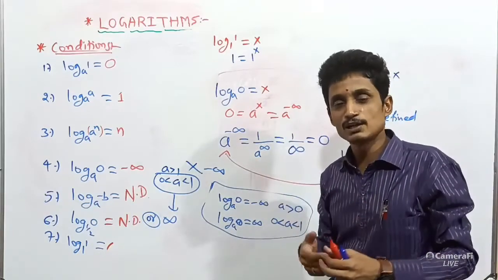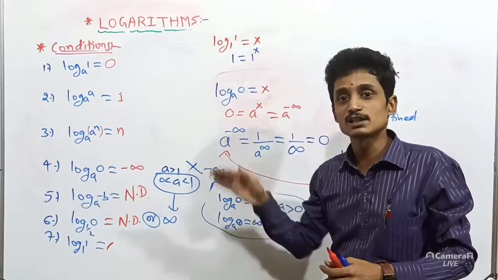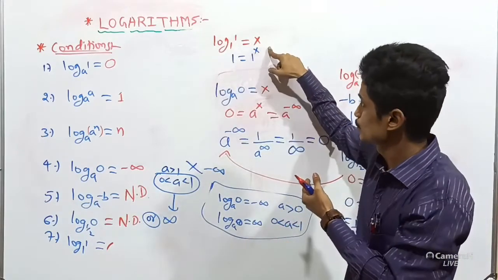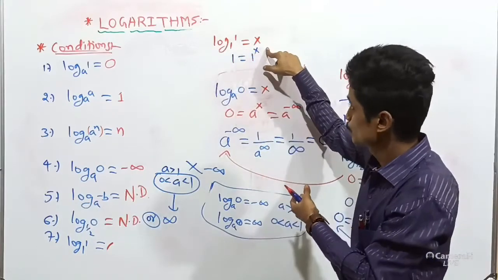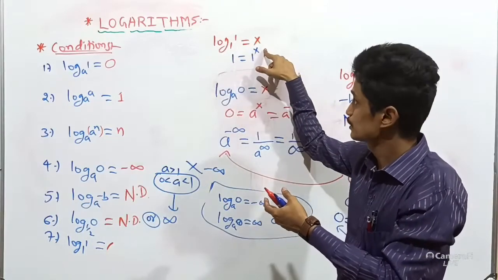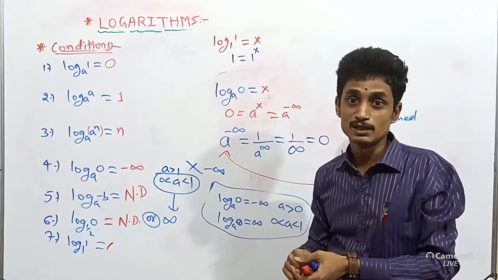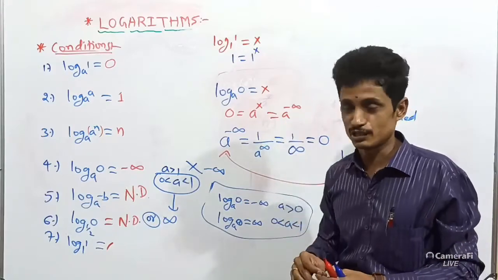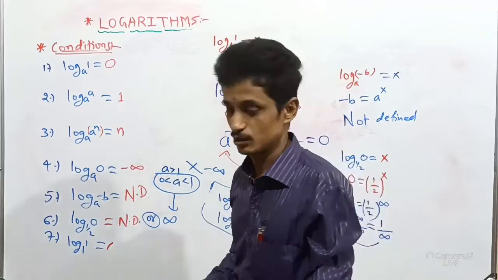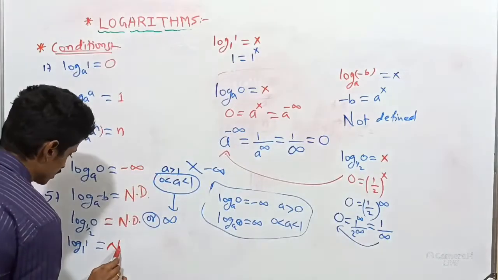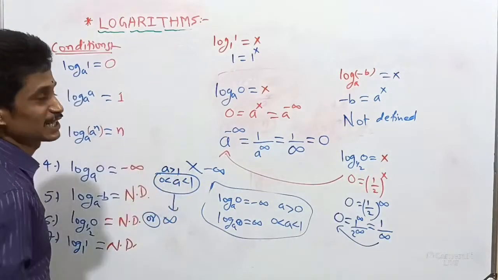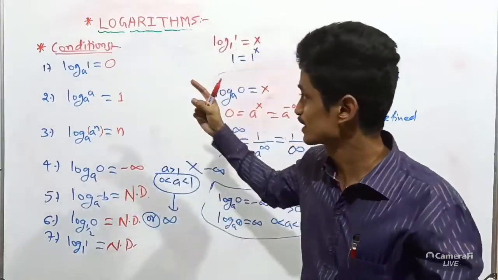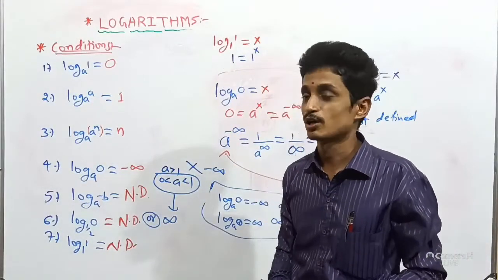Multiple values of x will be true, so how can we consider this only x? For x equal to 2, your answer is 1. For x equal to 3, your answer is 1. For x equal to minus 2, the answer is 1. For x equal to minus 100, your answer is 1. Here x takes multiple values, so that is not a particular solution. Hence we have to write that this is not defined. This is not a unique answer. Everywhere else we got a unique result, but here we are not getting a unique result. That's why our answer will be not defined.